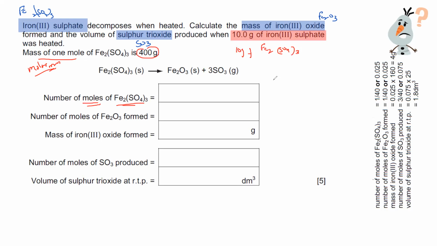What is the formula? Moles equal mass in gram divided by the molar mass. Molar mass means mass of 1 mole. So what is the mass in gram of iron 3 sulfate given in the question? That's 10. And what about the molar mass? Molar mass means mass of 1 mole, or the molecular mass, which is 400. So it will be 10 divided by 400, or 1 divided by 40, which is 0.025 mole. Is it clear? The first part